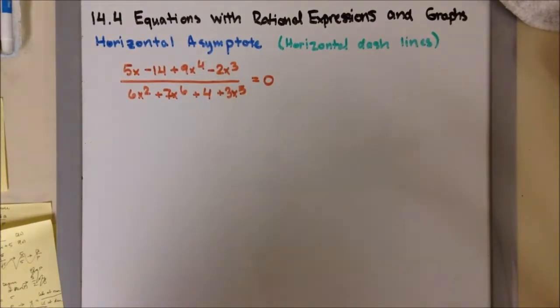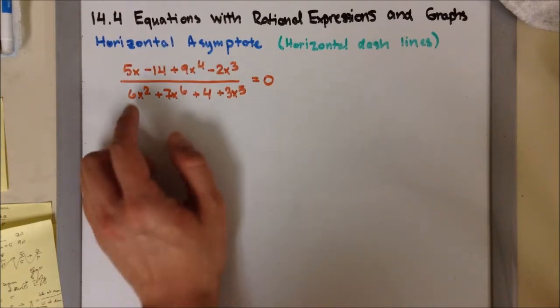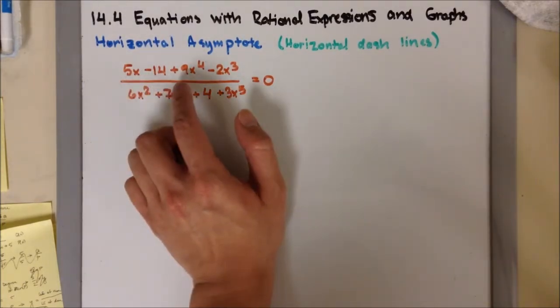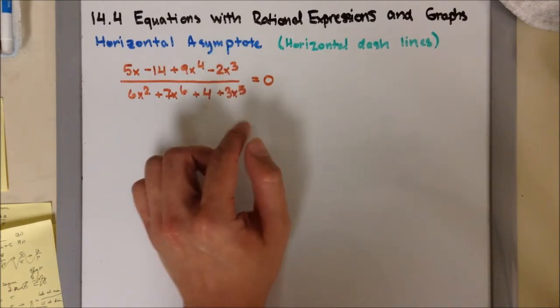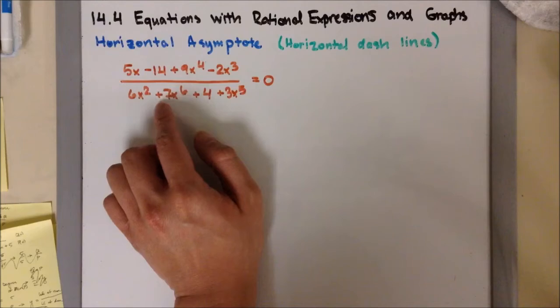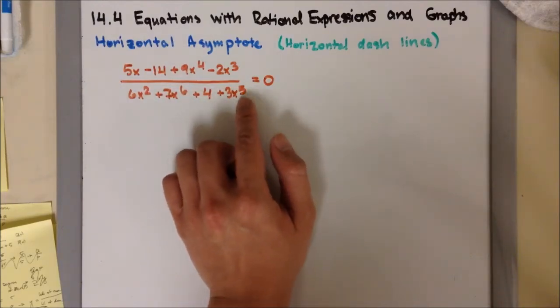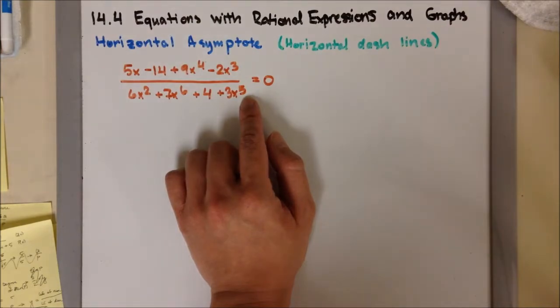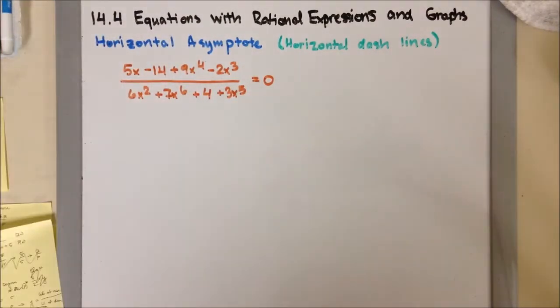Let's take a look at example 1. In this rational expression, in my numerator, I have 5x minus 14 plus 9x to the 4th minus 2x to the 3rd. Over, in my denominator, I have 6x squared plus 7x to the 6th power plus 4 plus 3x to the 5th power. If you look closely, you'll see that the numerator and the denominator, the expressions are not